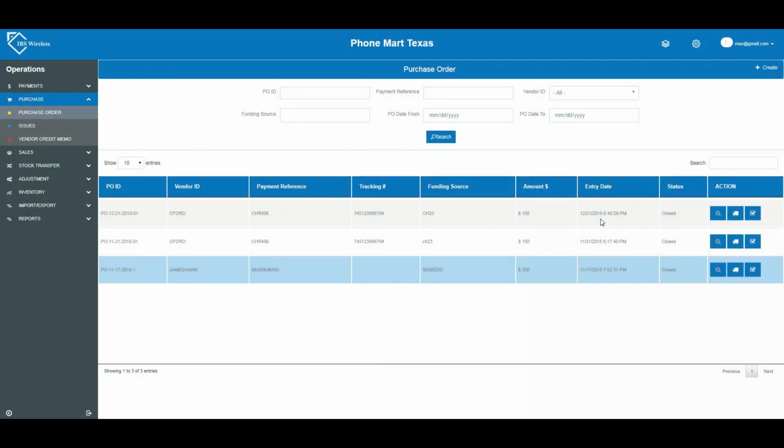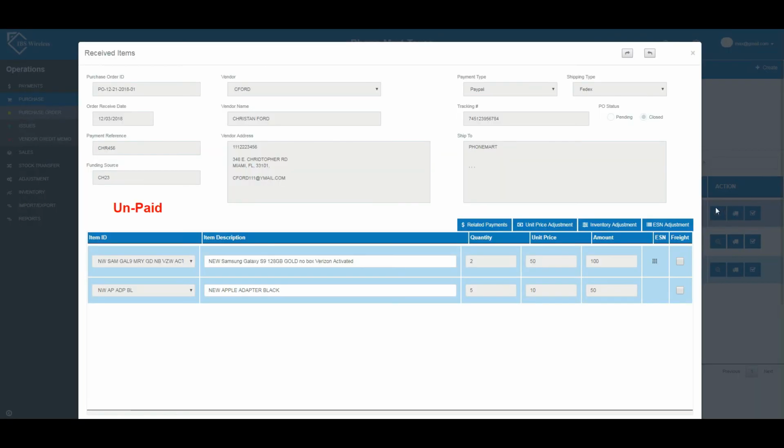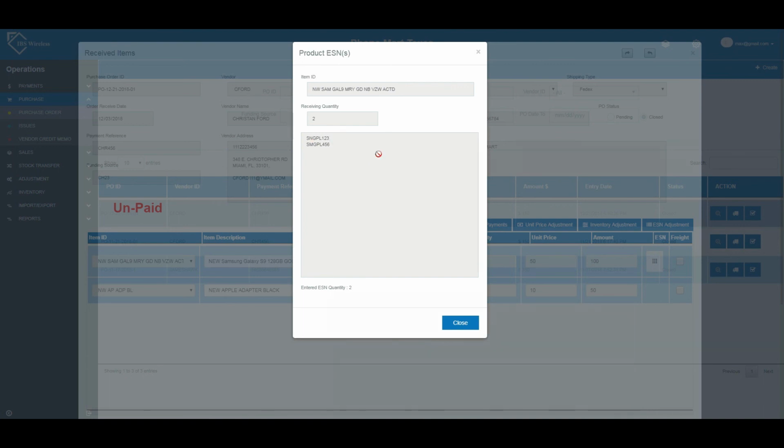So the next one is to view the received items, the record or the detail of the item or the merchandise which we already have received, and it's always received in the current stock, which we will discuss later. You can also view the serial number detail for the serialized items by clicking on this button that will show you the detail of the ESN you entered previously. I just click on close,